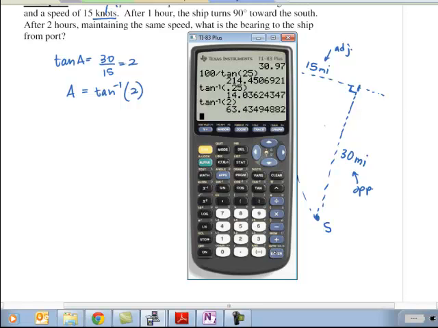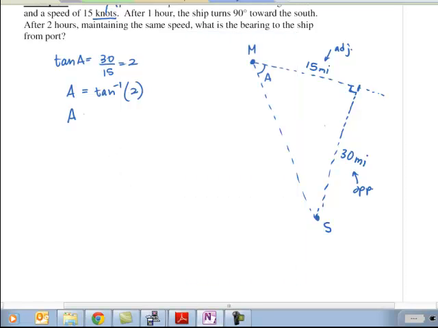So 63.43 degrees, we'll say. So we had already figured out that this angle up here, just from what was given in the